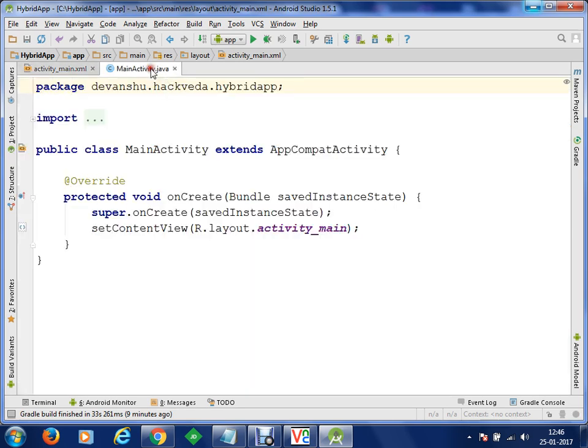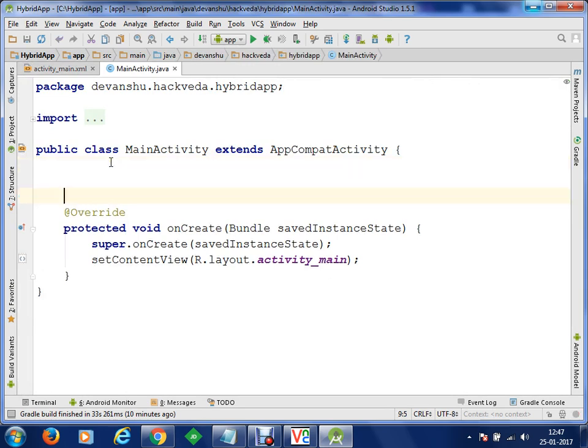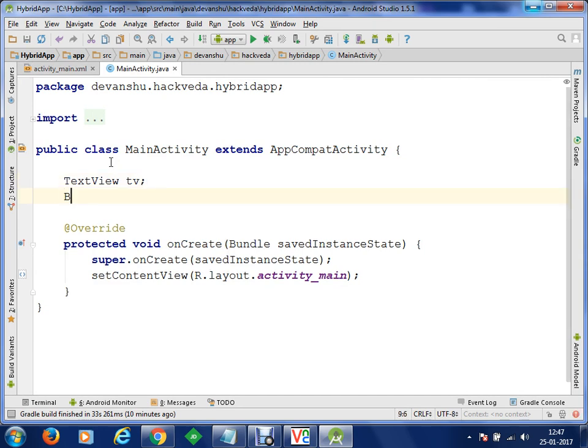So to do this, we'll go to our Java code. Now let's say we are going to use the text view and button control in Java. So we are going to create global objects for them. Okay. Clear? So let's say I'm going to create a global object of text view type, TV. Okay. And I would like to take one more object for the button control, and let's call it BT. Okay. These text view and button objects are empty at the moment.